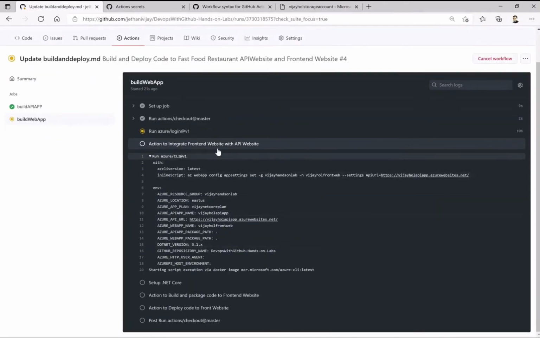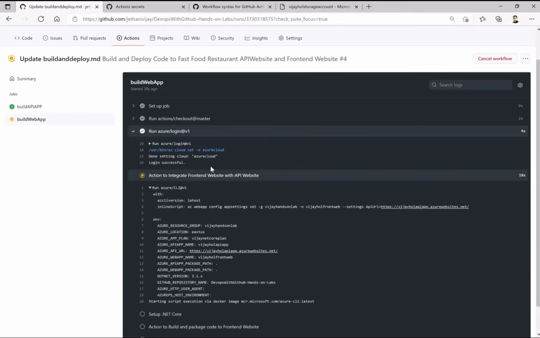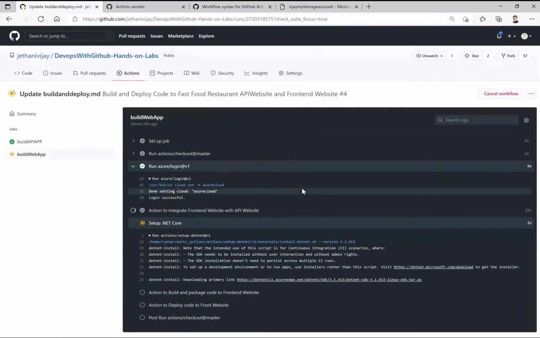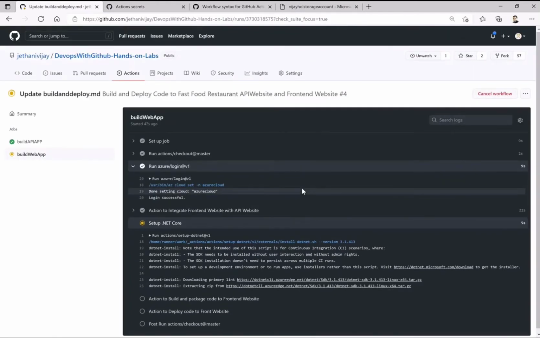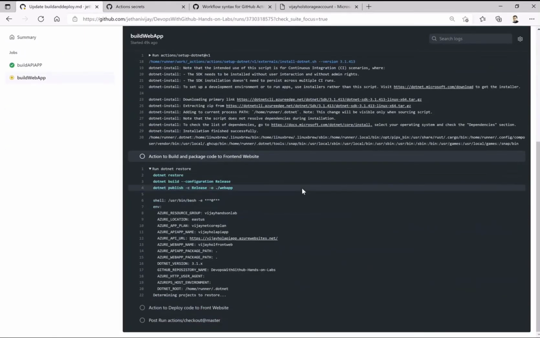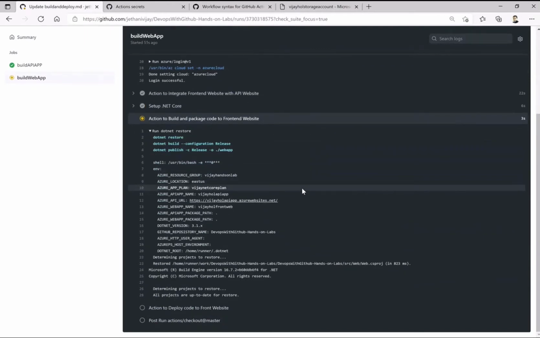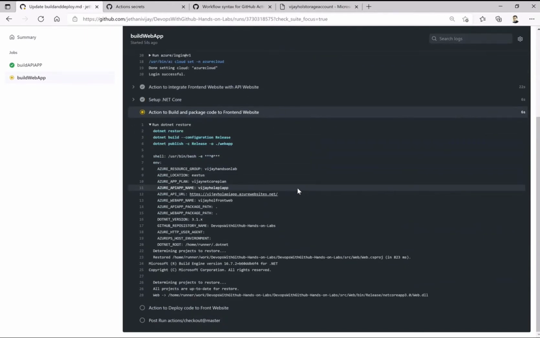Here I have the integration action as well, which will update our configuration settings to update an API URL, which is now pointing to our API app that is built. So this I'm doing at runtime.